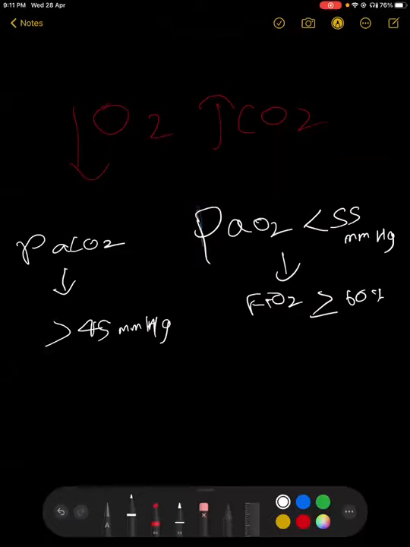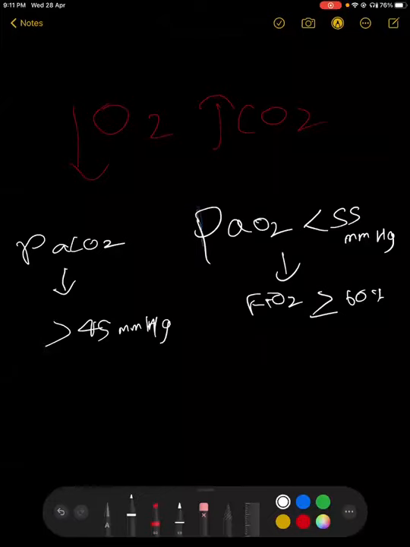Most of the time in ABG, we'll not be able to find a clue. Most of the time the onset of the clinical picture and the presence or absence of polycythemia are the most specific things which help us differentiate between acute or chronic respiratory failure of type 1. So how do we differentiate between acute and chronic hypercapnic respiratory failure?